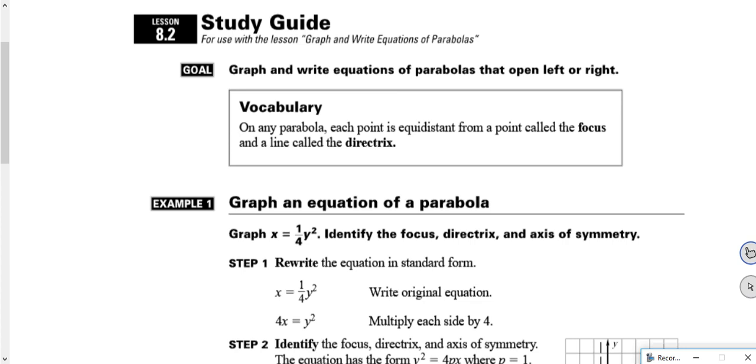We are talking about conic sections in this whole chapter 8. And parabolas is this section 8.2. We've already talked about parabolas when we talked about solving quadratic equations. That's the graph of a quadratic equation is a parabola. But we're going to actually define it a little differently and talk about kind of why it is the shape it is. Okay, so